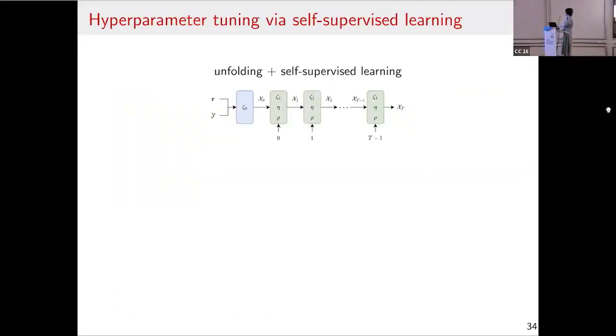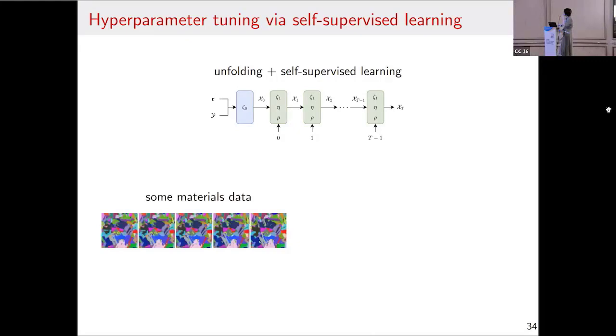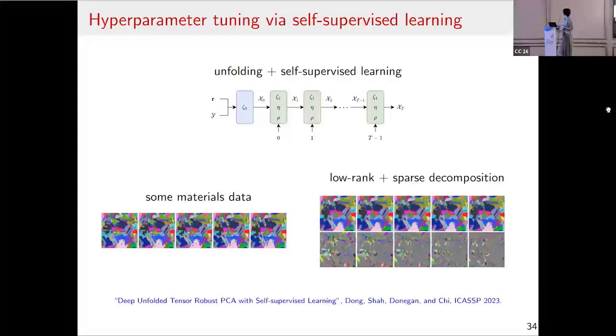So my student Harry came up with an approach that takes this unfolding view of the iterative algorithm and leverages a self-supervised learning technique that does not use underlying ground truths, but just the incoming data alone, to tune these hyperparameters in a self-supervised way. And without much effort, maybe with some help from GPUs, we show that this approach delivers quite nice recovery guarantees